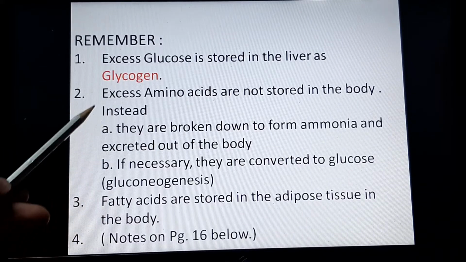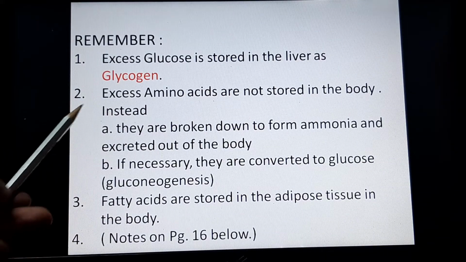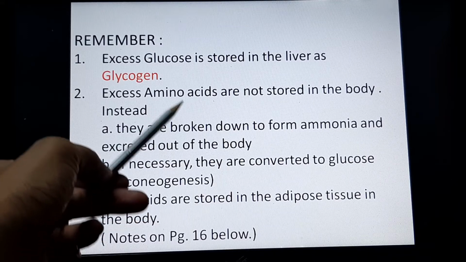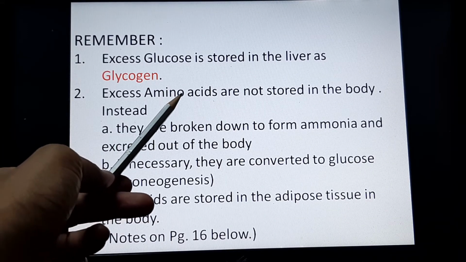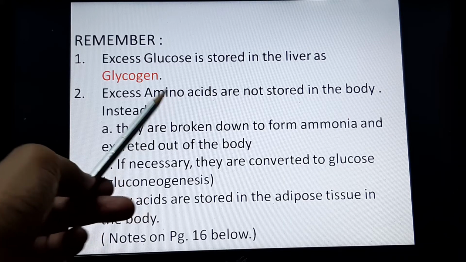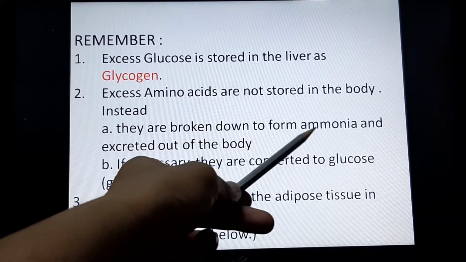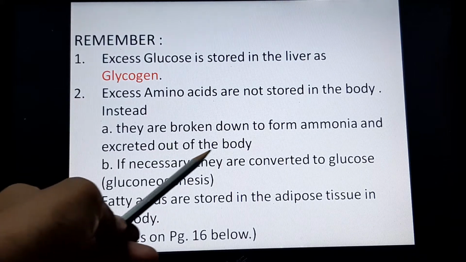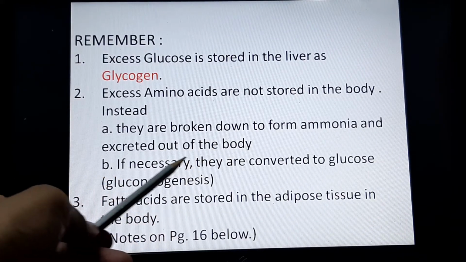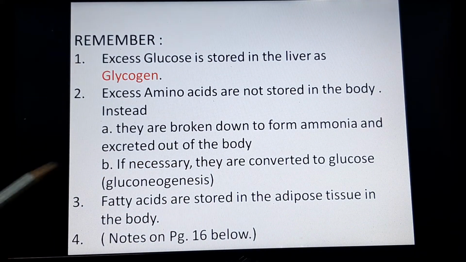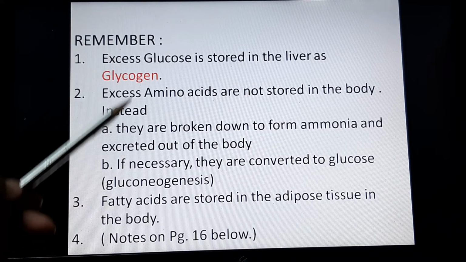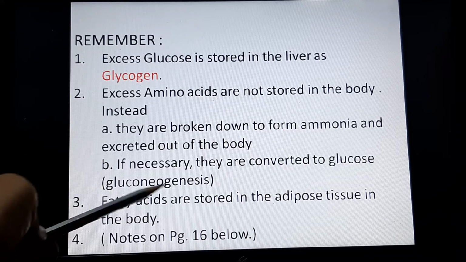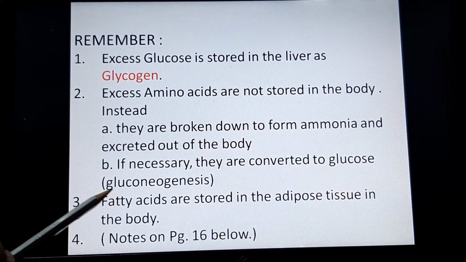If we have extra proteins in our diet, then the proteins get converted to amino acids, but amino acids cannot be stored in the body. So amino acids have to be thrown out of the body, and therefore they are broken down and form ammonia, and they are excreted in the form of urine from our body. But sometimes if it's really necessary, because we don't get food, then the amino acids can be converted into glucose, and this process is called